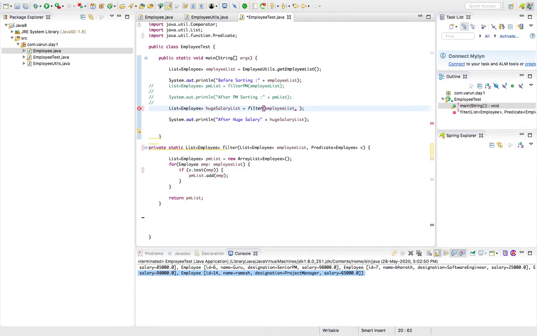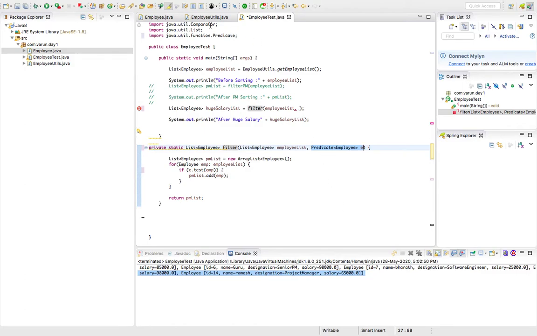Here, this is a concept of functional programming, where we can pass a function as an argument to another function. So to this filter function we are passing an employee list and a predicate, right? A predicate is something which is expecting an object which has an overridden method which should return a boolean, that's it.